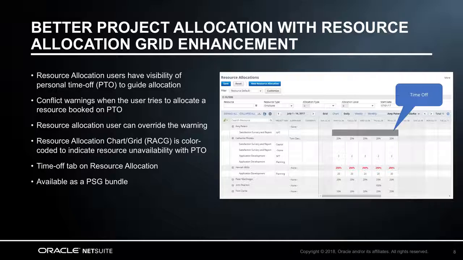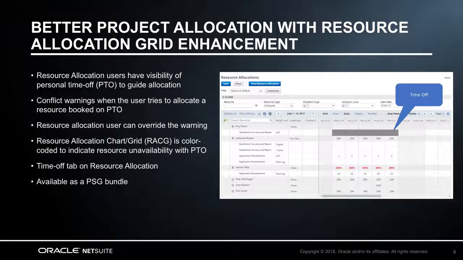In 18.2, NetSuite has integrated time-off management in HCM, also known as Suite People, with the resource allocation record to give the project and resource managers the complete picture on availability. In the resource allocation chart grid, color coding advises the resource or project manager that resources are unavailable due to